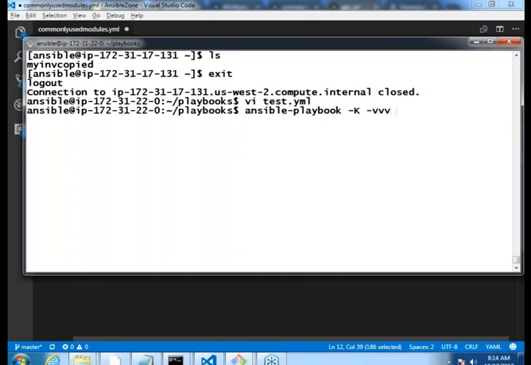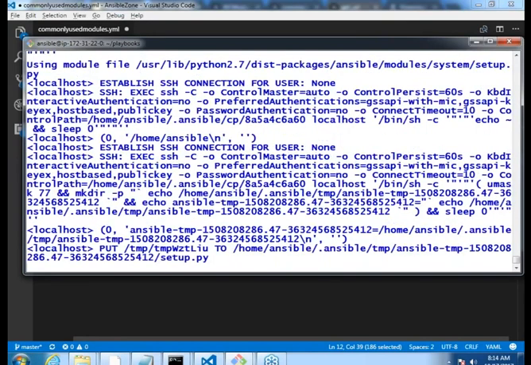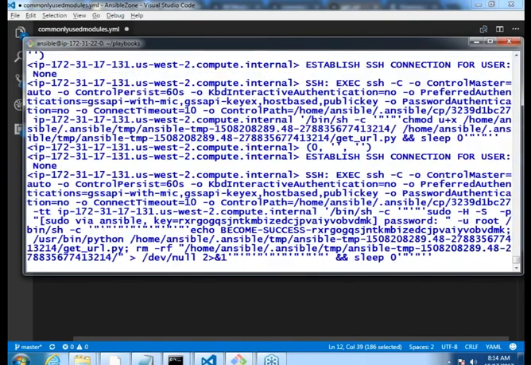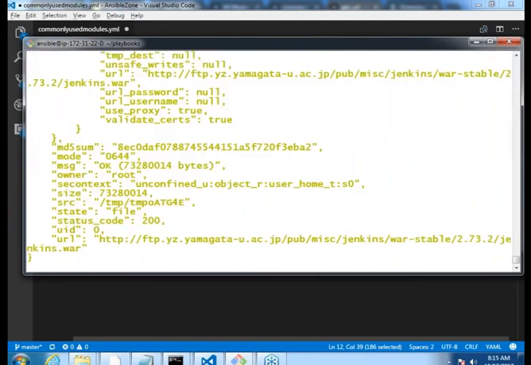Then after that I want to run the playbook, which is the test.yml file. If you see it, it would also show you the commands it has executed to achieve whatever you have written in Ansible. So if you go into triple v, that's the advantage.